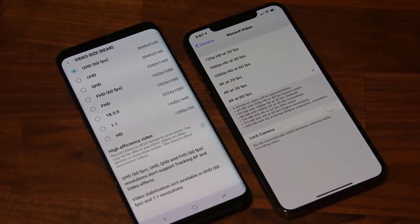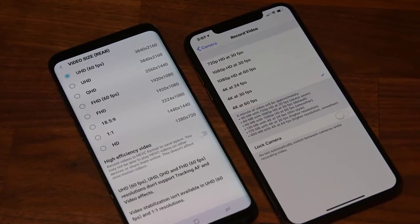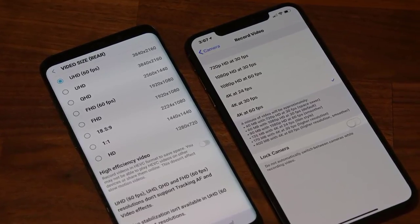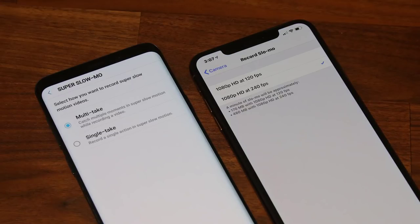They can record at 1080p at 30 or 60 frames per second and can also record in 4K at 30 or 60 frames per second. However, the S9 Plus takes a lead in slow motion recording. It can now record at 960 frames per second slow motion speeds as opposed to the iPhone XS Max's 240 frames per second. This super slow motion allows you to capture some really incredible moments if you are into this